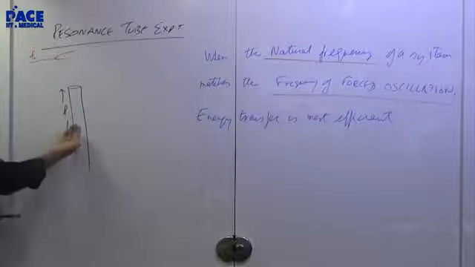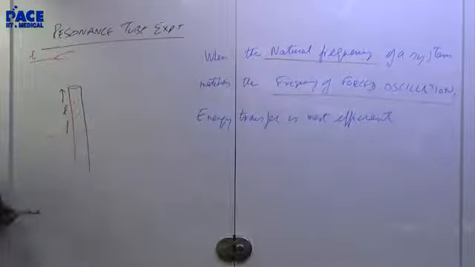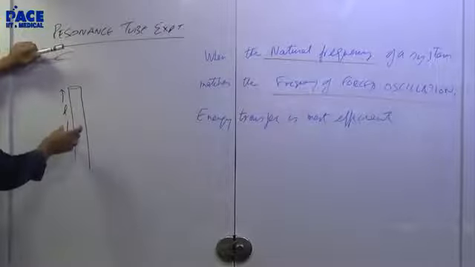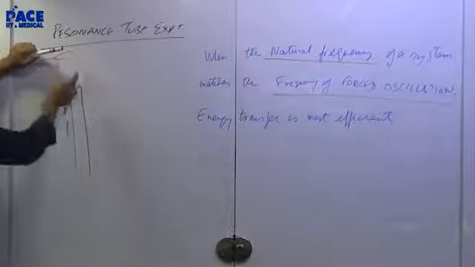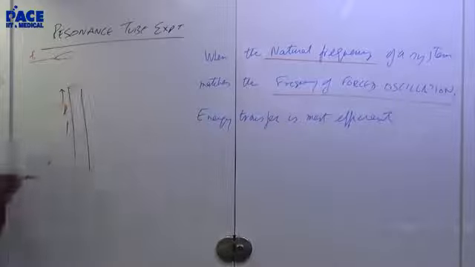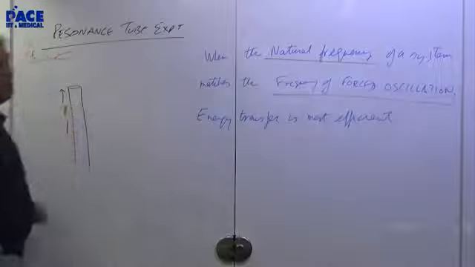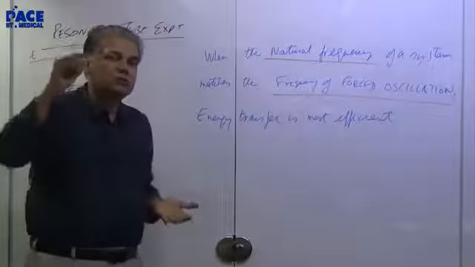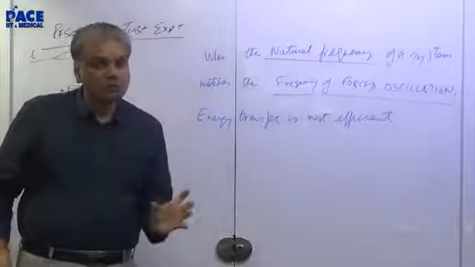So what you do is start from a small length and go on increasing the length. 10 centimeter, nothing happened. 15 centimeter, 20 centimeter, 21 centimeter, like that you go on. At one moment, you will be wondering what the crazy thing I am doing, nothing is happening. But suddenly, as you do this, the tuning fork goes and the tube goes oh.